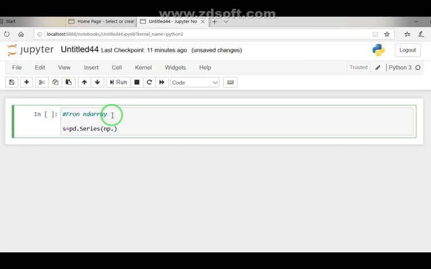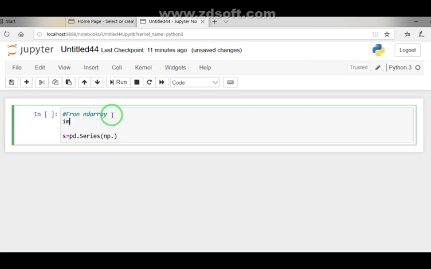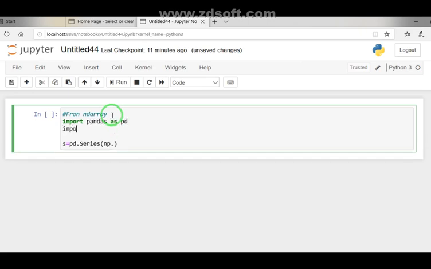First, as I told you, our first point is import pandas as pd and import numpy as np. Clear? So from np we will invoke the random function,